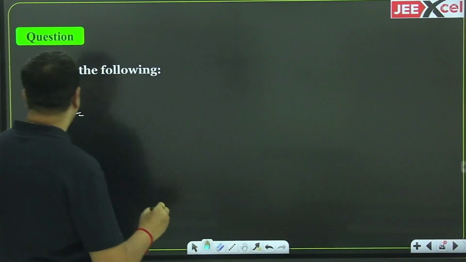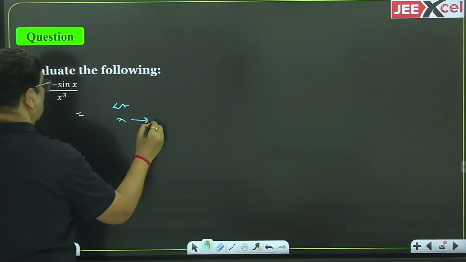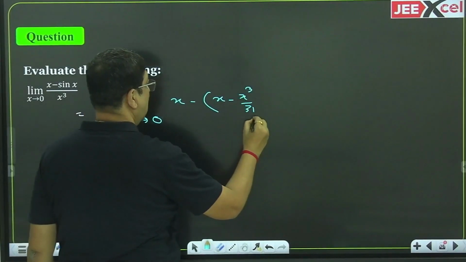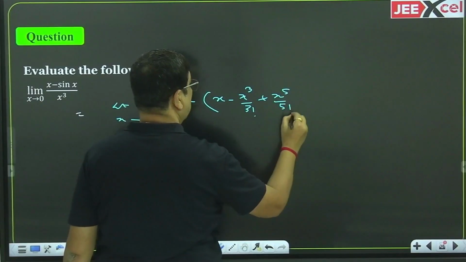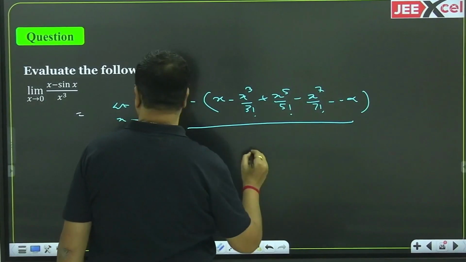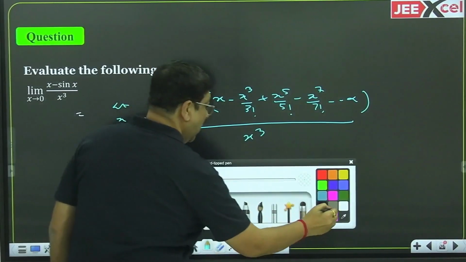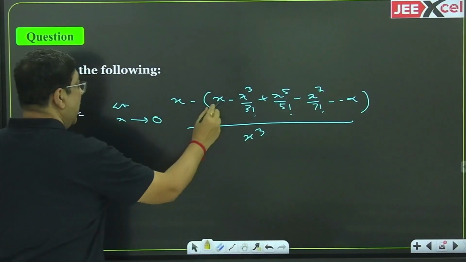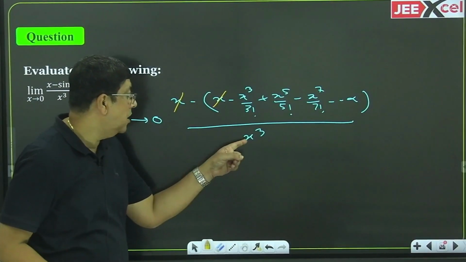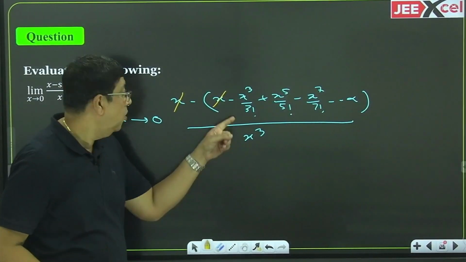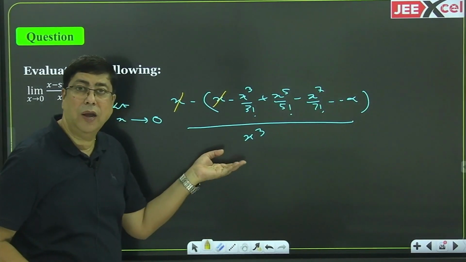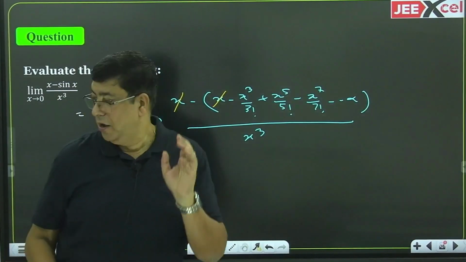Therefore I can write here limit x tend to 0, x minus sin x क्या होगा? x minus x cube by 3 factorial plus x to the power 5 by 5 factorial minus x to the power 7 by 7 factorial, total divided by x cube. अभी क्या करना चाहिए हम लोग को? x गेटिंग कैंसिल, यहाँ पे x गेटिंग कैंसिल, माइनस क्या चाहिए हम लोग? x क्यूब को कैंसिल करना चाहिए. तो यहाँ पे माइनस माइनस प्लस, जस्ट टेक आउट x क्यूब एंड कैंसिल विद द डिनोमिनेटर बिकॉज मेन टारगेट इज टू एलिमिनेट द डिनोमिनेटर. ठीक है,